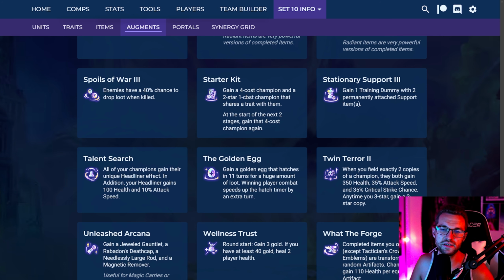But keep an eye on this. This could be very good because getting a 2-star 4-cost at stage 4 or at the beginning of stage 4 is actually not as common as it used to be, because people are rolling on 7 or they go 8 with not a lot of gold on 4-2. It's actually hard to 2-star 4-cost that early in the game. So this could end up being very strong, but I don't necessarily like taking this because